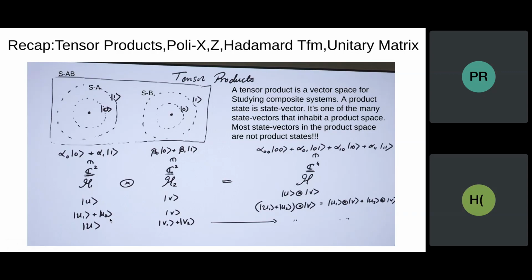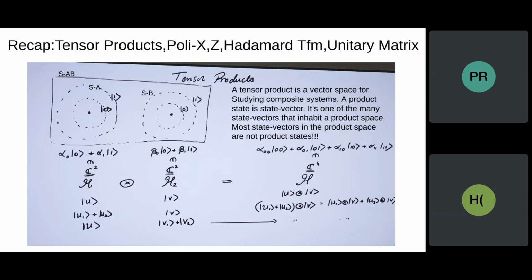But if you have u1 plus u2 and v, then it will be nothing but u1 plus u2, it's a scalar basically, combination of, same way if it is u and v1 plus v2, so we can do this way. So essentially tensor products, to remember, is a vector space for studying composite system,